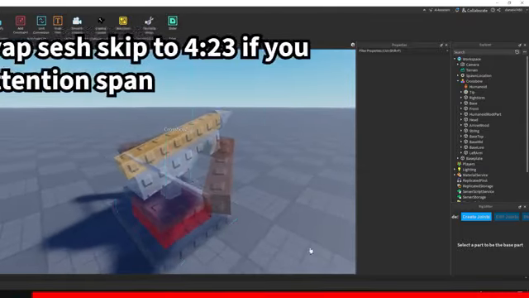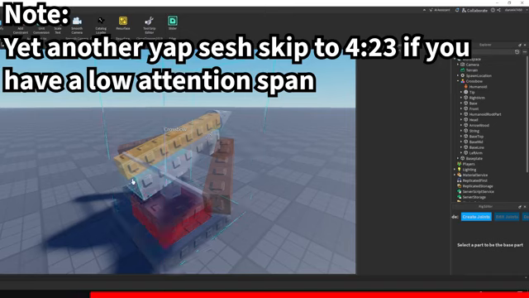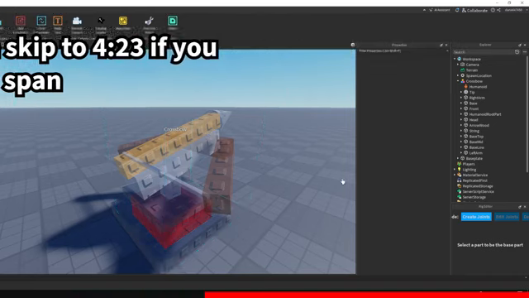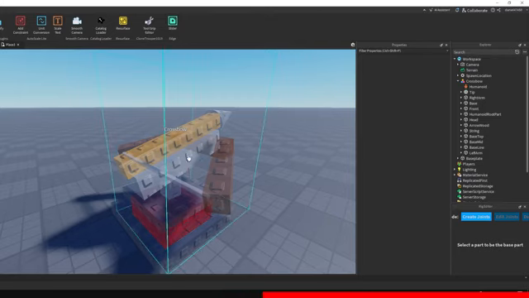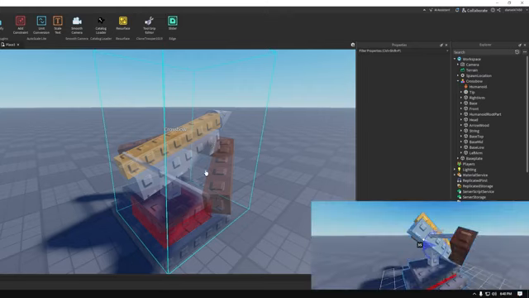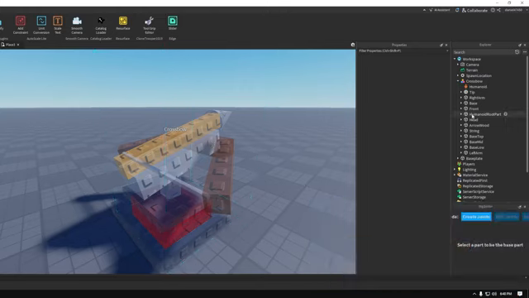So for my model, we have this little shaft thingy right here. I don't know what you would call this, but essentially this is going to be the part that controls the upper half of the model. So what we are going to do is make this the base part, this gray part right here, so that when this rotates, it rotates the upper half. So we're going to click humanoid root part,